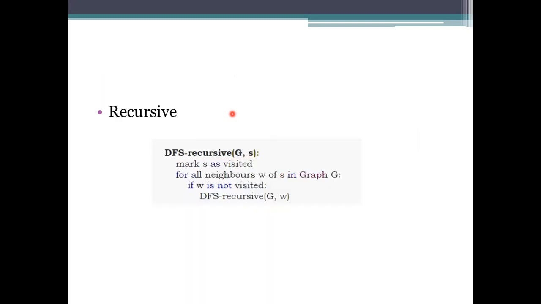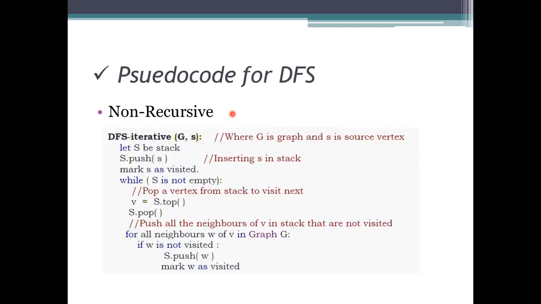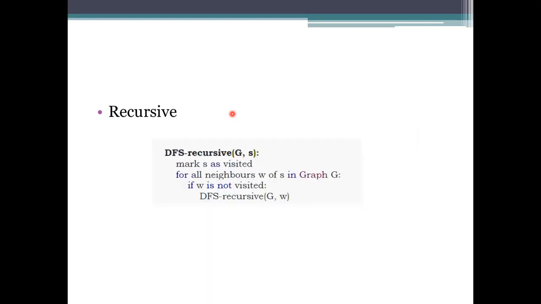Okay, now coming to the next one, we are taking the recursive version. If you take any value, first mark it as visited. How do we mark it? Simply as in the previous example, with no need to specify empty or one mark or the top of the stack. First, take all the neighbor values of this graph from the source, meaning the node we have selected, and consider each as W.